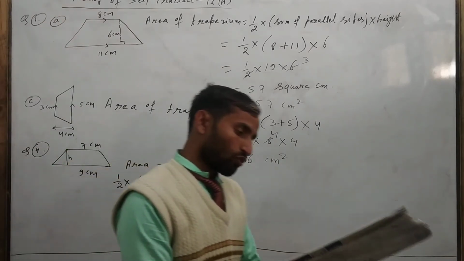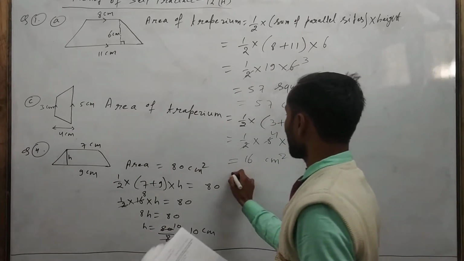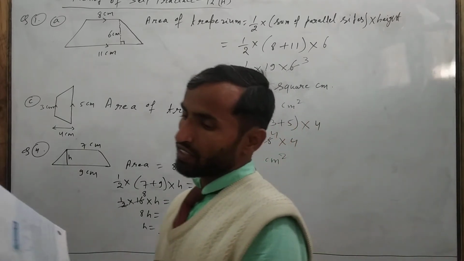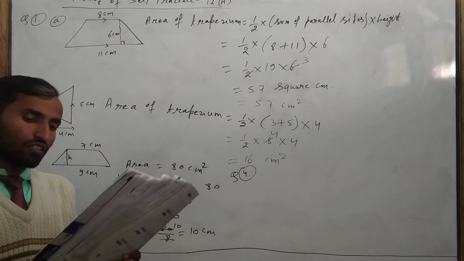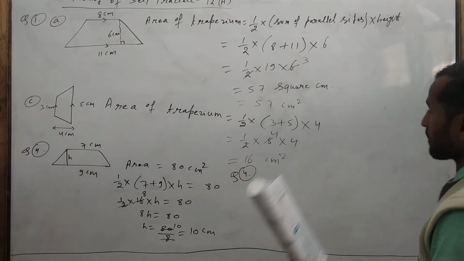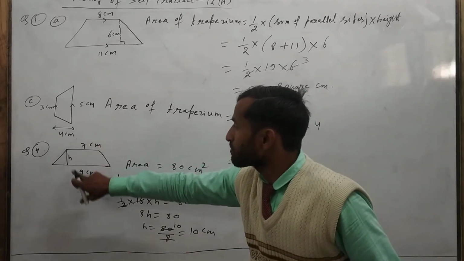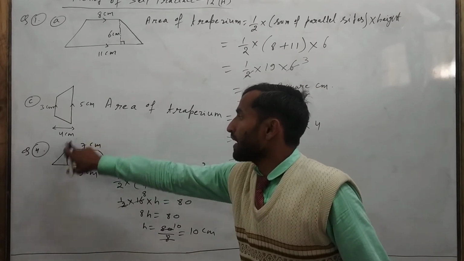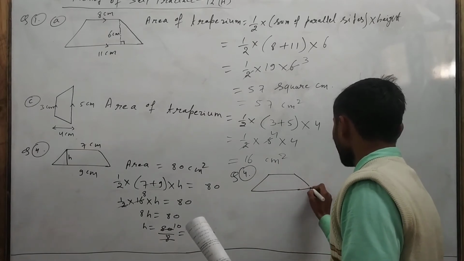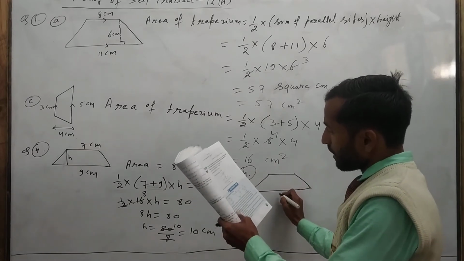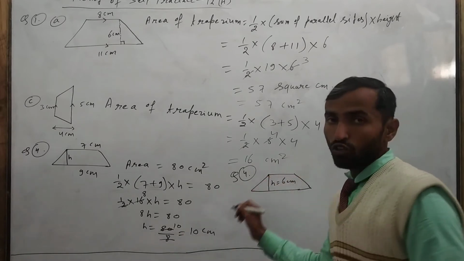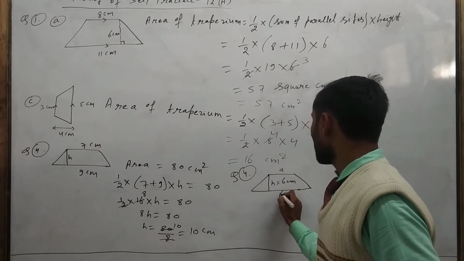Now I will do question number 4. Just read question number 4. What is given in that? Here in question number 4, the area of the trapezium is 126 centimeter square and its altitude is 6 centimeter. Find the sum of its parallel sides. So we have to use it again here. We have to find the sum of parallel sides. It means this time we will find this sum of both. Let us suppose A and B. So just I will write it. This one is the trapezium and area is given as well as altitude is given, meaning h is given, h is equal to 6 centimeter, and parallel sides are not given, meaning just suppose A and B.